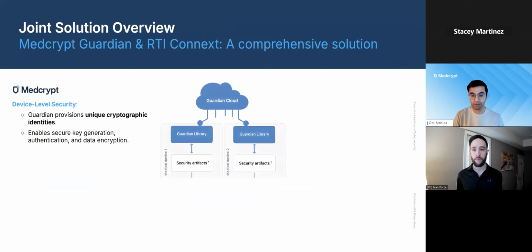So when it comes to a joint solution, like I mentioned earlier, Guardian helps you to generate unique cryptographic identities on the device itself. It enables things like secure key generation, authentication, data encryption. And so when you're taking the MedCrypt solution and then the RTI solution, you're able to ensure things like,